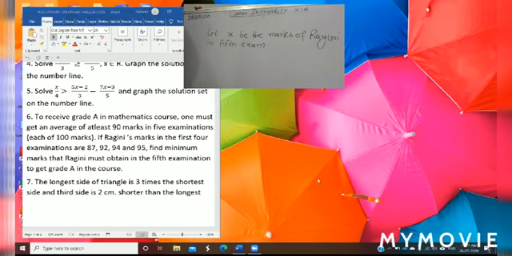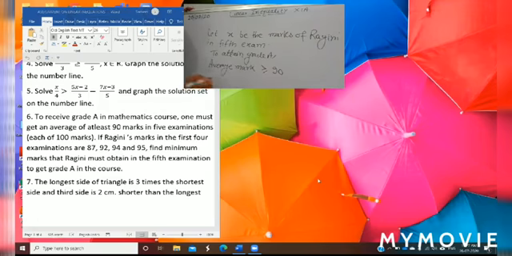So what is the meaning of at least? Means the average marks should be greater or equal to 90. Understand? So you write, since to attain grade A, average mark, here it is given average mark is greater or equal to 90. So this is the meaning of at least. At least 90 marks means what? Their marks be greater or equal to 90.